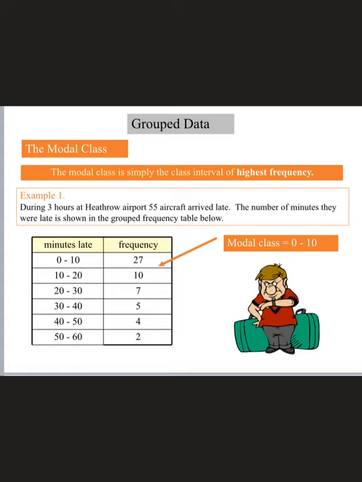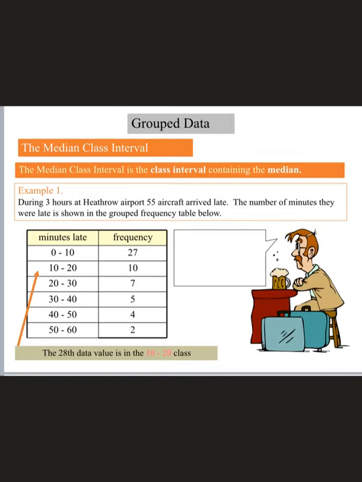Many of us tend to write the answer 27, which is incorrect. We need to write the modal class, which is 0 to 10. The median class interval is the class interval containing the median. So in this question, we need to make sure